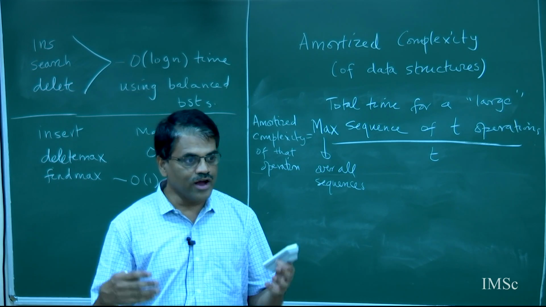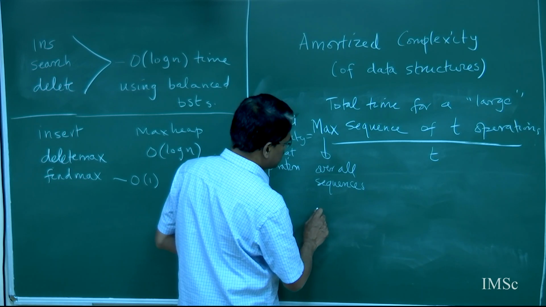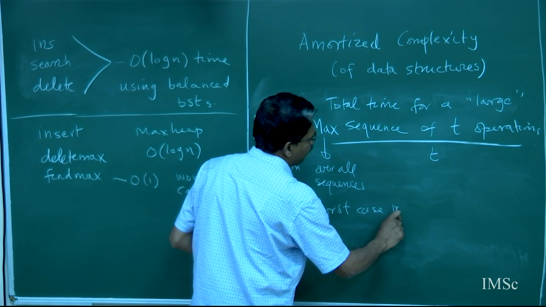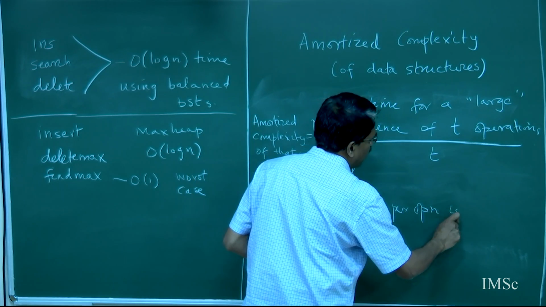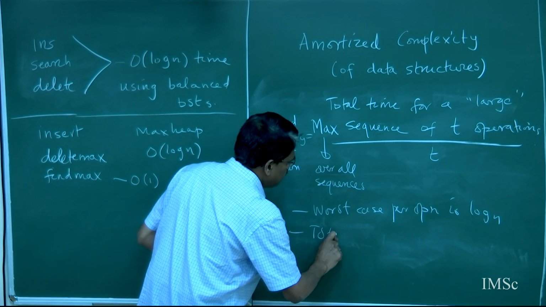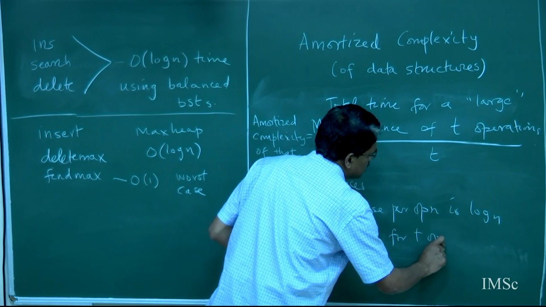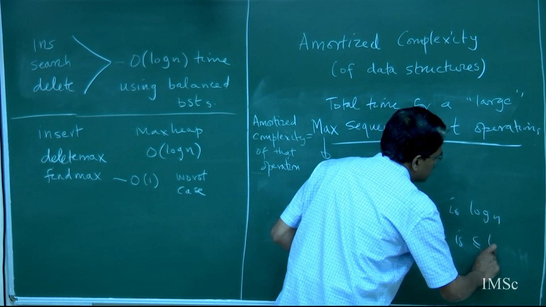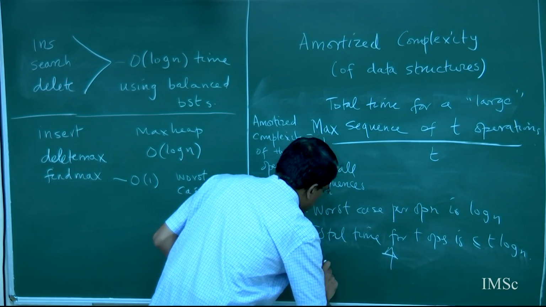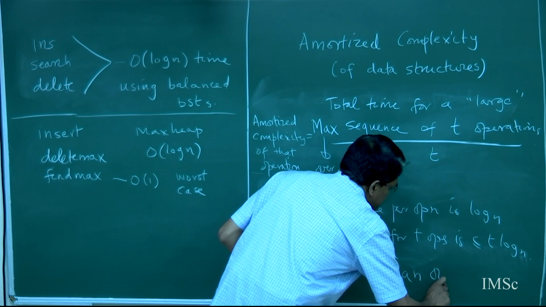This is clearly a gross overestimate. This is like saying your worst case per operation is log n, so the total time for t operations is at most t log n, and this could be an overestimate,